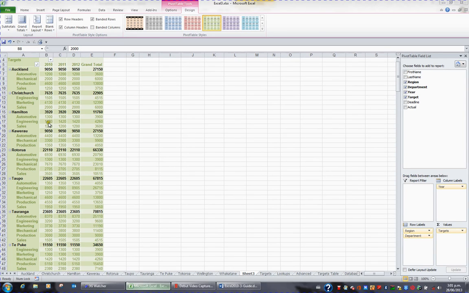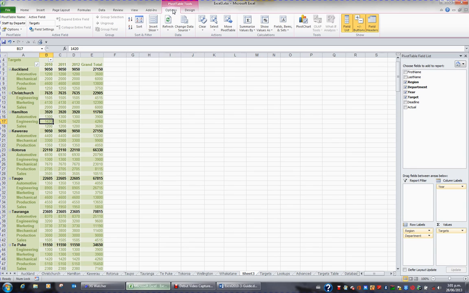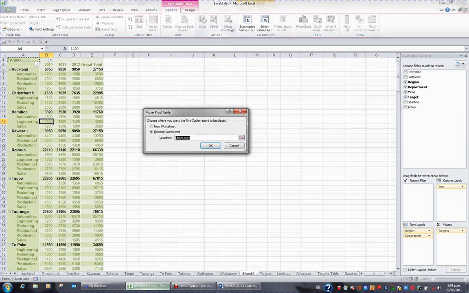Should you ever want to move a pivot table from its current sheet to another sheet, you can do so by going to the Pivot Table Tools Options tab in the ribbon. What you'll find is there's a button in the Actions group called Move Pivot Table. When I click this button, I might decide to move the pivot table to an existing sheet, and with my